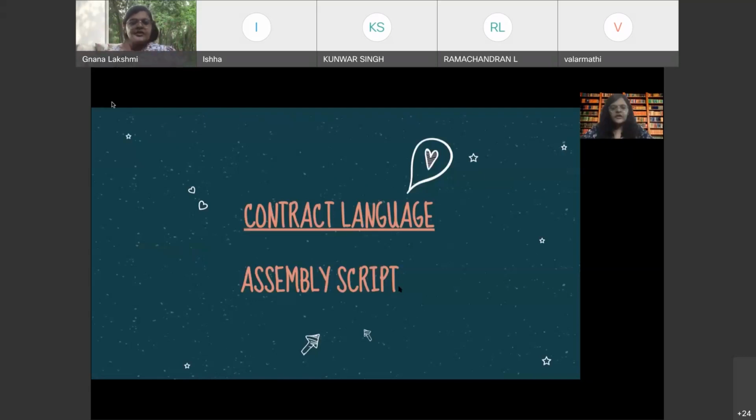Just to give you an idea, the smart contracts that we are writing, when we compile them, get compiled to an extension called .wasm. These are WASM files, WebAssembly files, which can be deployed on chain so that it is easy to interact with them on chain.